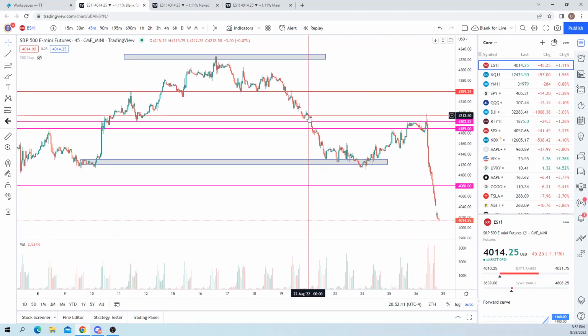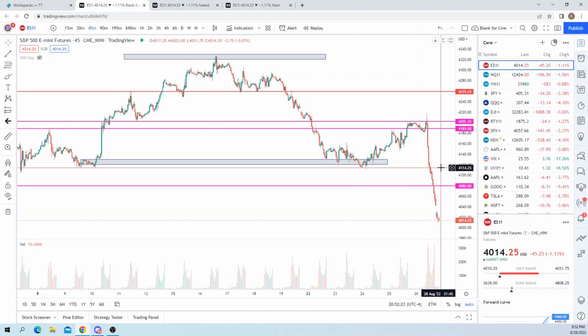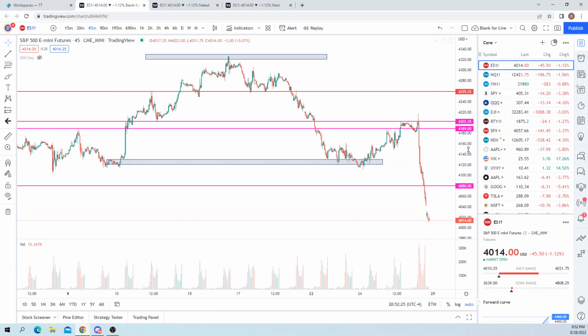So not only did I call this move on Monday down to this 4130 to 4120 area where I expected a bounce, then it went up to my 4200 area where I got short, and price absolutely collapsed. So in regards to